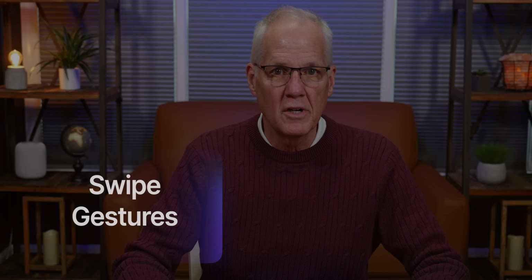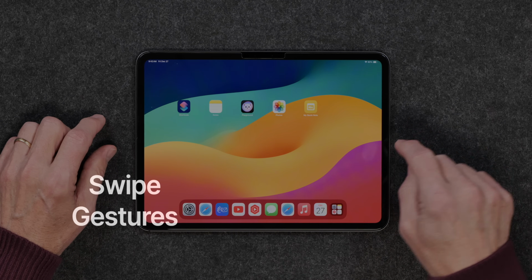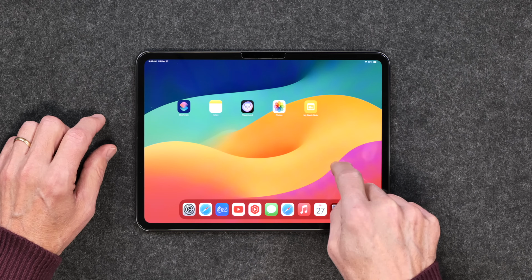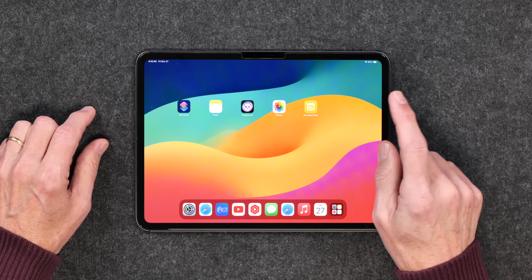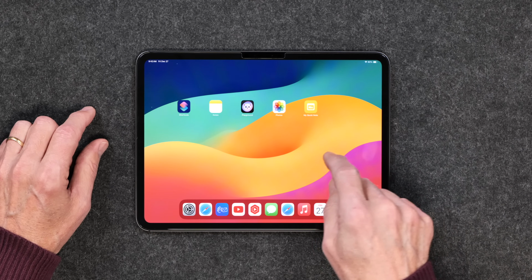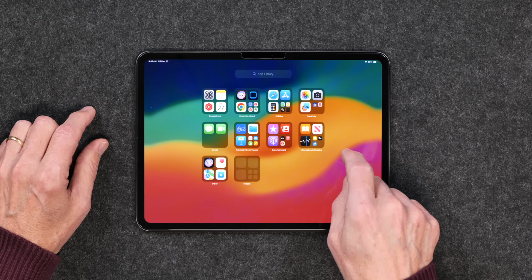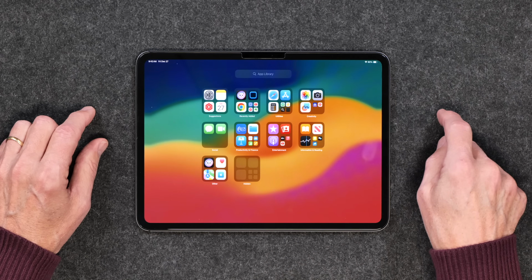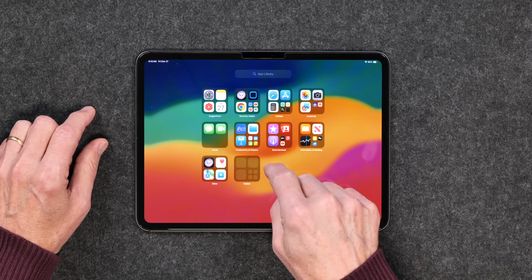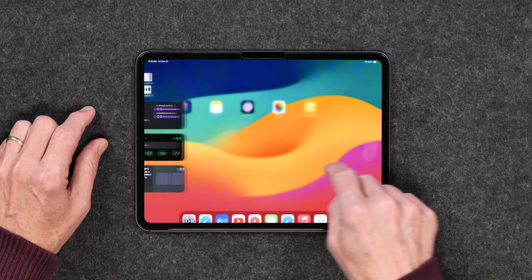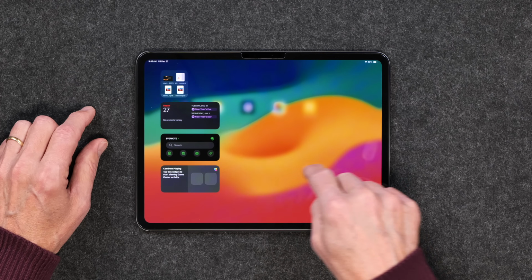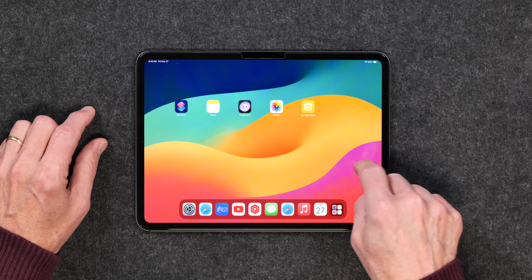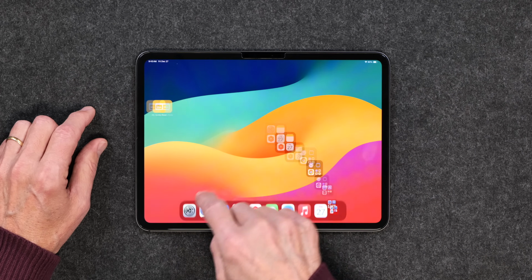Okay, first up is just learning a few swipe gestures. If you swipe to the right, maybe you have a whole bunch of screens with applications on them. I've removed most of my applications, and I'll show you how I do that in just a second. But if you swipe from right to left, you'll finally get over to the app library, and that's a guardrail. You can't swipe anymore. If you swipe in the other direction from left to right, you finally get over to the day view, and you can't go any further than that. So just being able to swipe to the left and right and know what you're looking for is a really